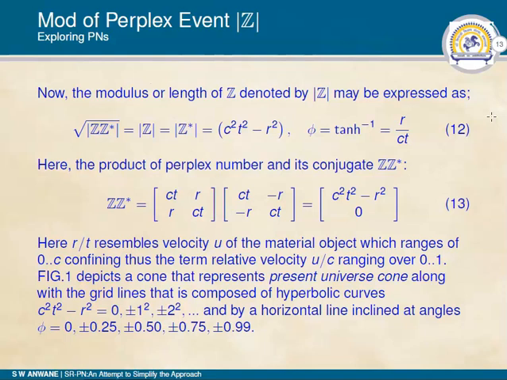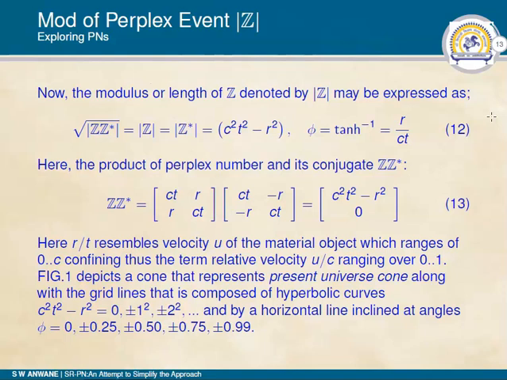We are going to refer to figure number 1 next, wherein we are going to depict the relative velocity ranging over 0 to 1, and the quantity c square t square minus r square. We can offer different values to this hyperbolic quantity, that will offer us a grid of hyperbolas spread over the space-time continuum, and phi,